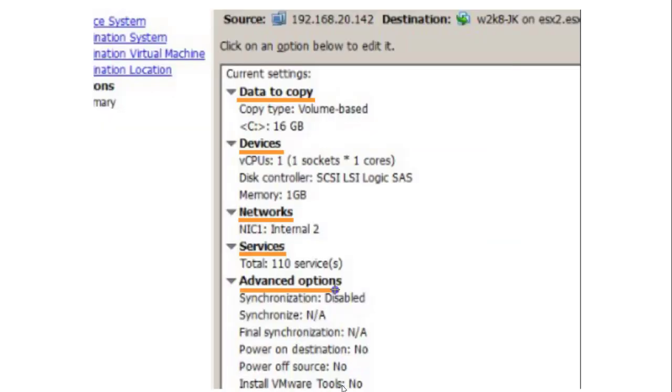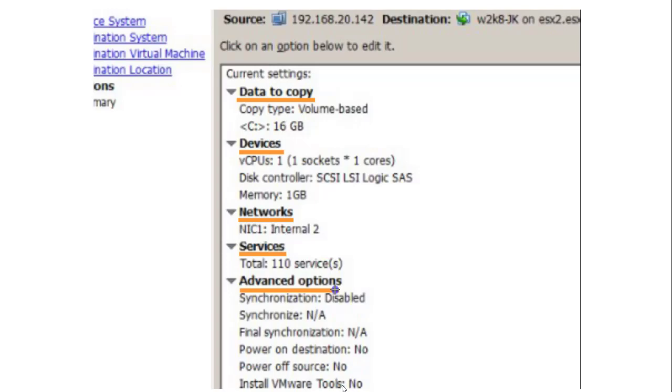Basically there are 5 types of properties: data to copy, devices, network, services, and advanced settings. These are very important settings we have to consider, but most of the time I will not use them, because I will move the machine as it was on the old server to the new one. But sometimes you want to change things, for example the size of your hard drive. For example, you have run out of space and your hard drive is full and you want to extend its size, then you will use this option.